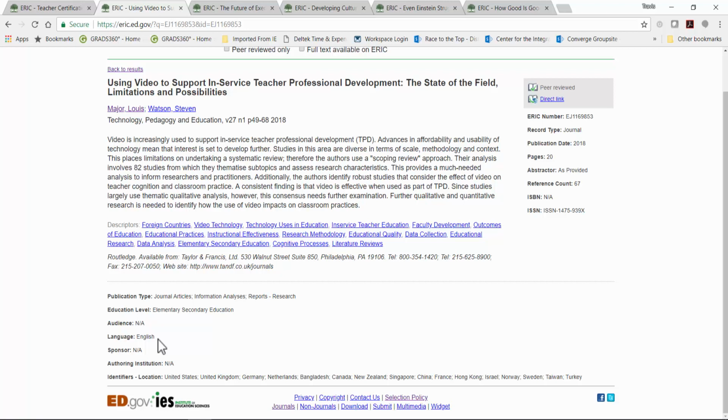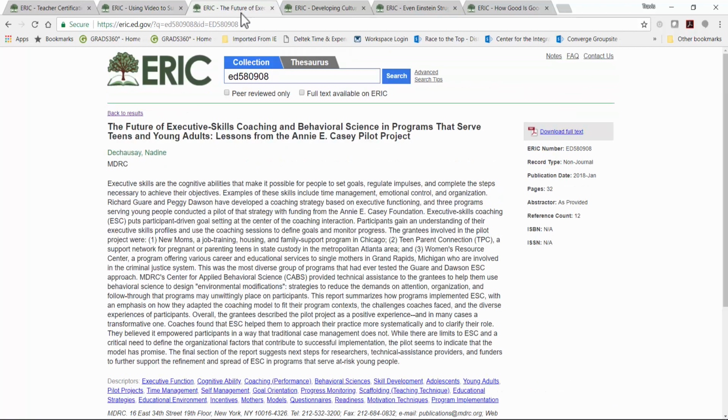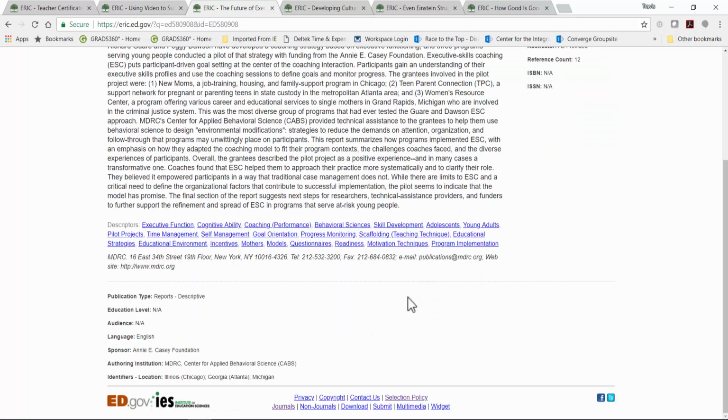The next two fields we're going to look at sometimes can be confusing. They're down at the bottom. And the first one is sponsor, right down here. If the sponsor field is populated, it means that that entity provided financial support for development of the non-journal resource. Entries in this field might include foundations, such as with this record, the foundation, Annie E. Casey Foundation. Could be government agencies that funded but did not write the content, or other organizations.